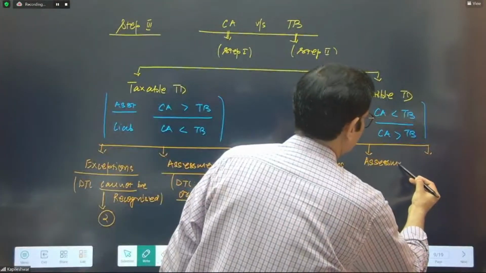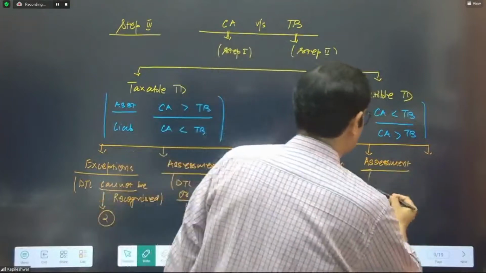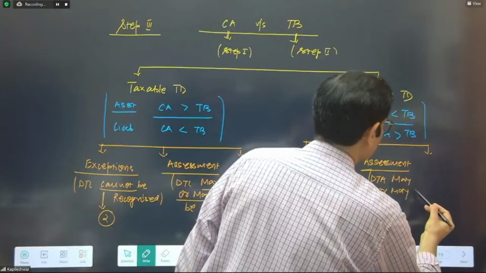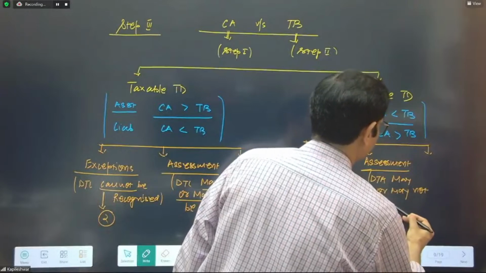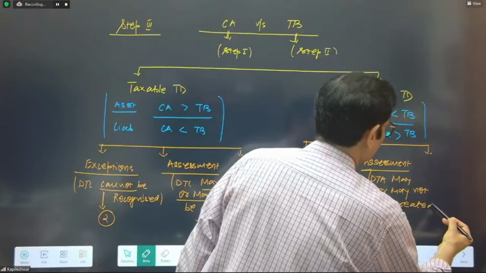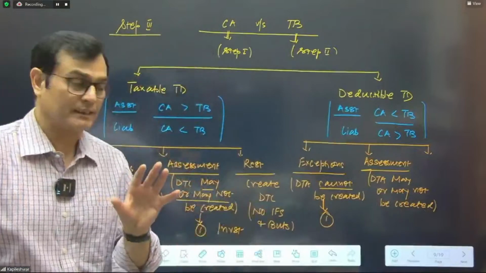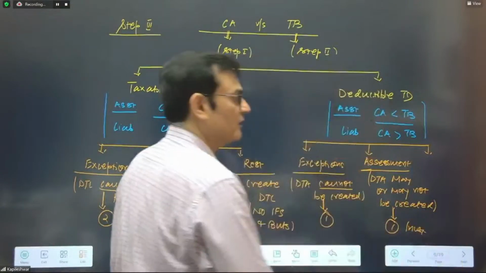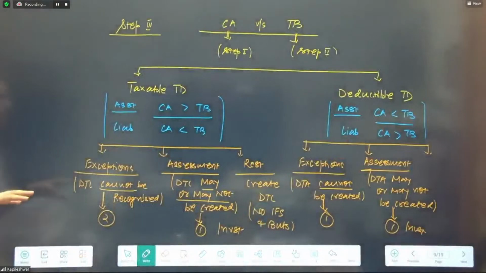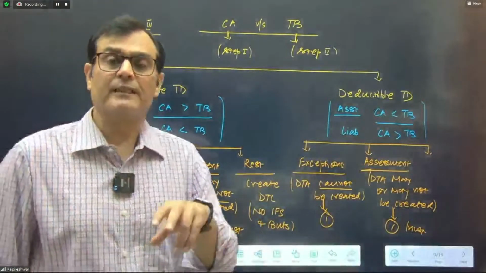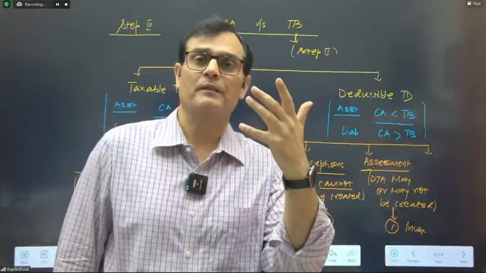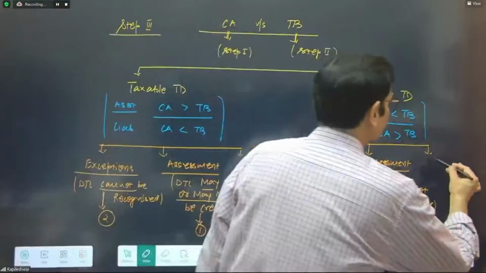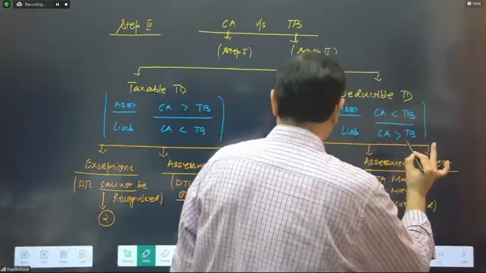In terms of assessment, a DTA may or may not be created. We'll have to make an assessment. And in this case, again, there is only one case, and that, let me tell you, is the case of investment. So the chain has to be very clear in step number 3: for DTL, 2 exceptions, 1 assessment, rest created. For DTA, 1 exception, 1 assessment, and then in the rest of the cases, we create a DTA